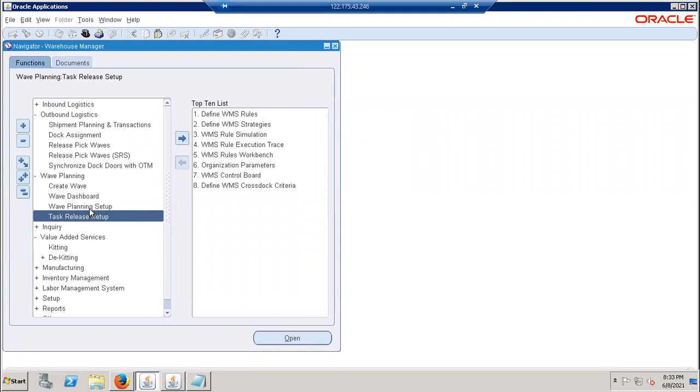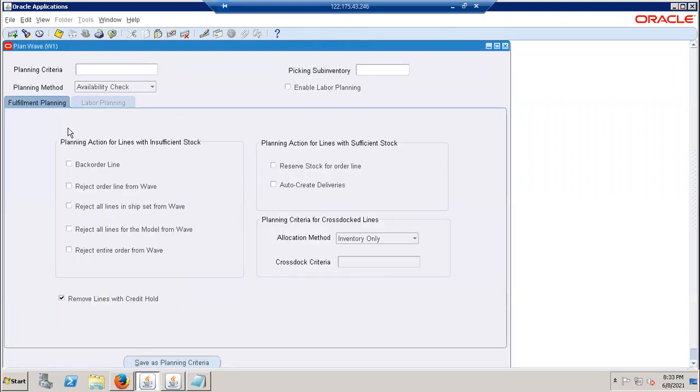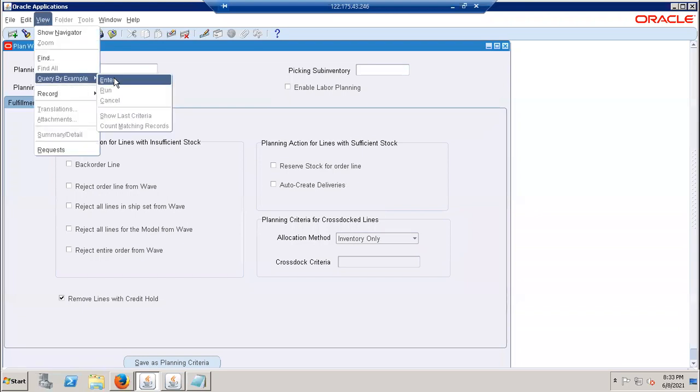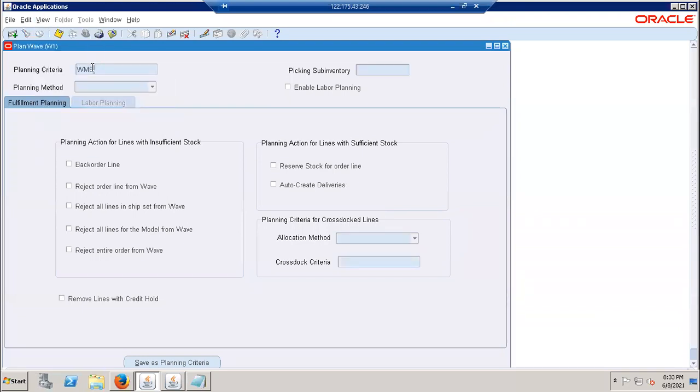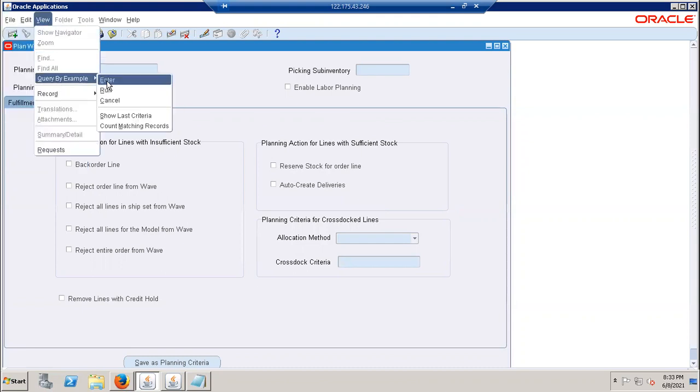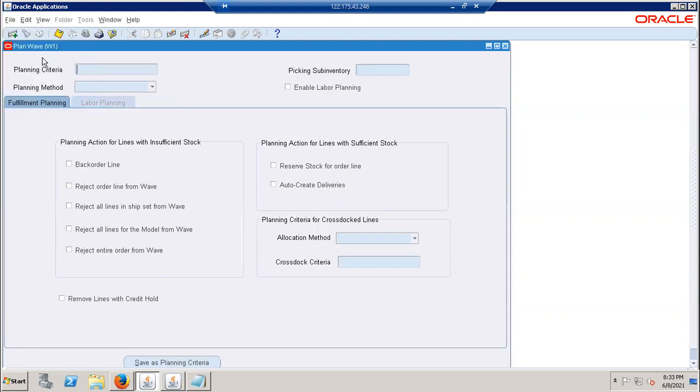Just select the wave planning setup. Yeah. We have done the planning. This is for the planning here. We are going to set it up as a kind of planning. You can just give a WMS plan wave. Wait, I think we are not going to do anything because we already did that criteria. Let us do one thing. Close this. Refresh. No problem. Just try to run. Nothing is there, right? Close this.